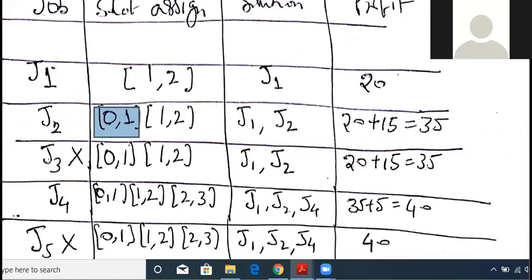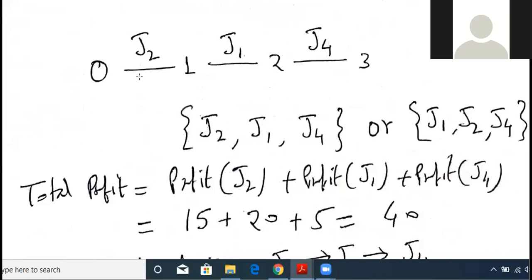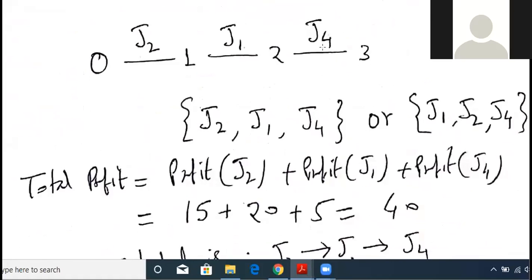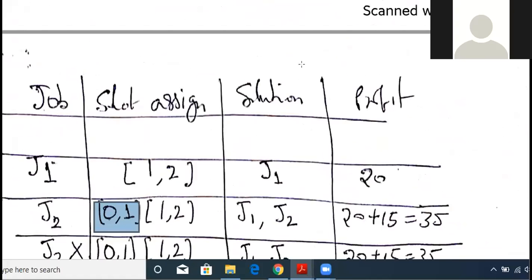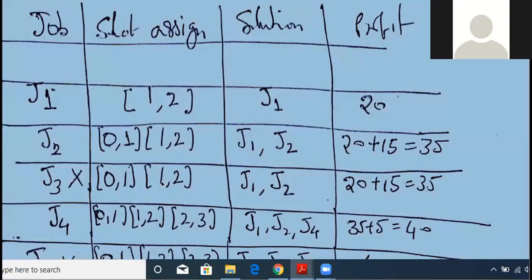Next, the next sequence job is J3. So let us see whether we are able to allocate J3. Since we are not able to allocate J3 in any of the deadline slots, you do not add any entries here. Just copy the previous entry. These are the previous entries. You have to just copy these values into this place, because there are no added slots here, and I have put a cross mark. It means J3 is not included in our solution list. And the solution is also the same as the second row, that is J1, J2, and the profit is also the same, that is 35.